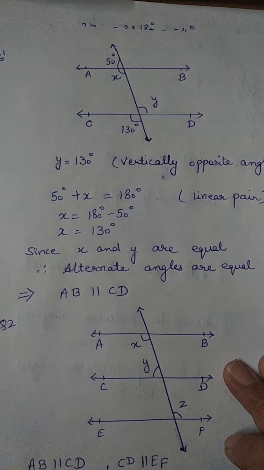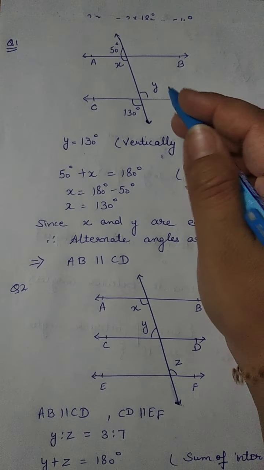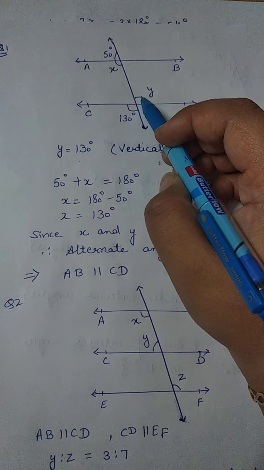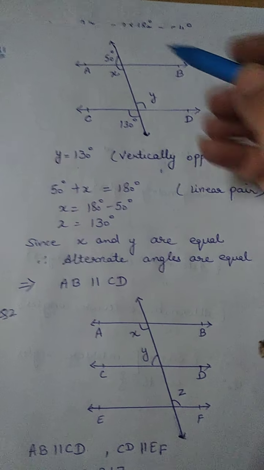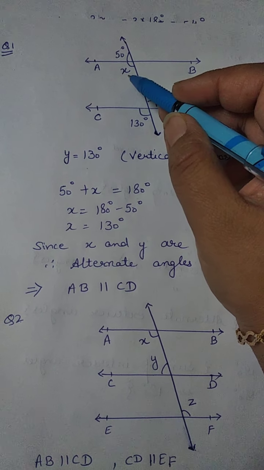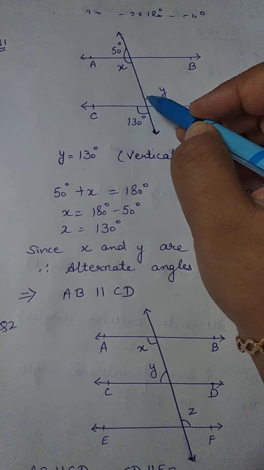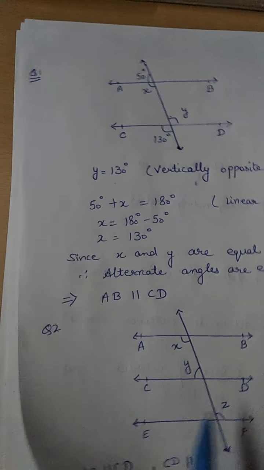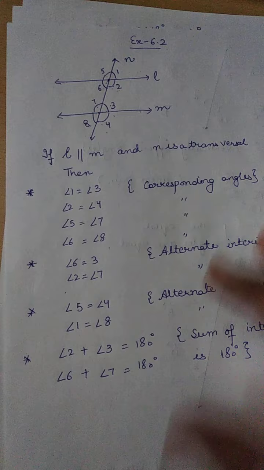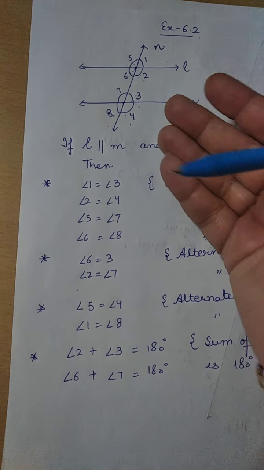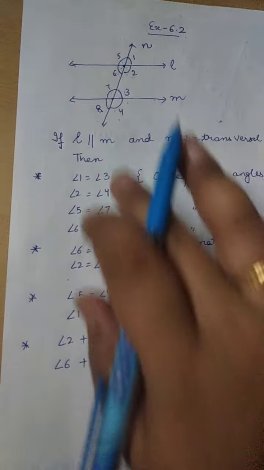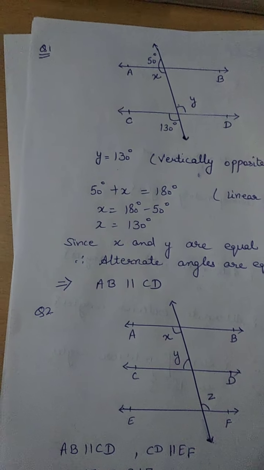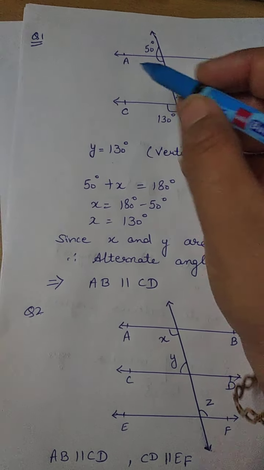Here is the figure given in front of you. In this question, they have told us to find the values of x and y and then show that AB is parallel to CD. If I show the corresponding angles are equal, or that the alternate angles are equal, then I can prove that the lines are parallel, because we have already learned in previous classes that if these are equal, then the lines are parallel, and vice versa, right? If the lines are parallel, these are true. If these are true, then lines are parallel. Similarly, if I prove that x is equal to y, then I can say that these lines are parallel.